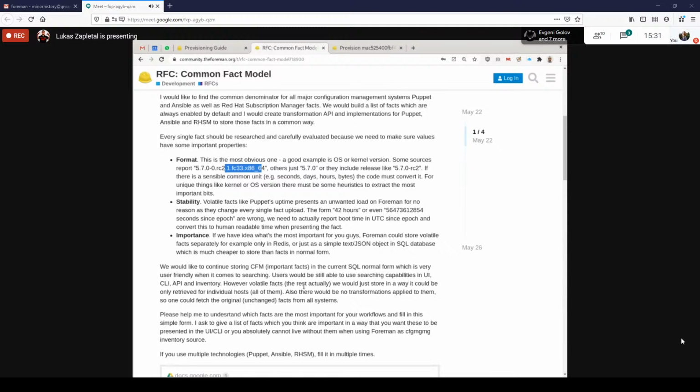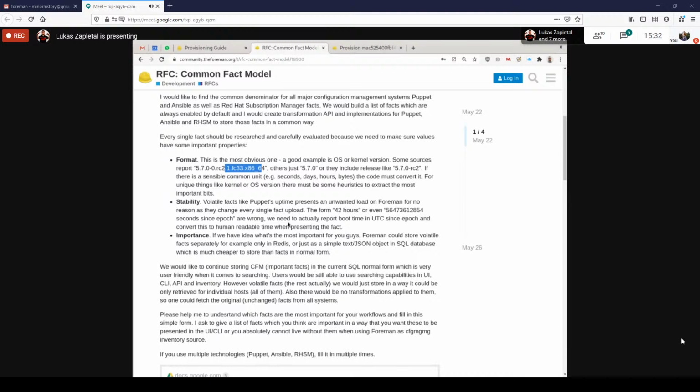And finally, there is one important aspect, and that's how many facts we actually need to store, because up until now, Foreman's facts endpoint stores everything, basically. If you have hosts with many bridge interfaces, network interfaces, for example if you're running containers, these hosts can report hundreds or thousands of randomly named interfaces, and this puts unnecessary stress on our database. We have implemented over time a few settings with which you can block some facts by name. But I was thinking, and this is part of the RFC,